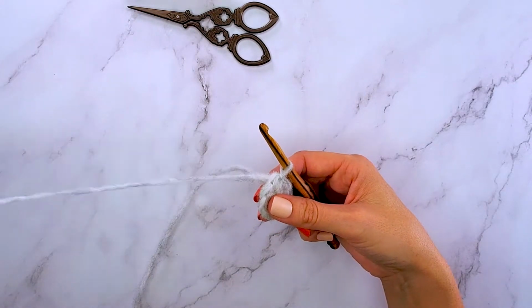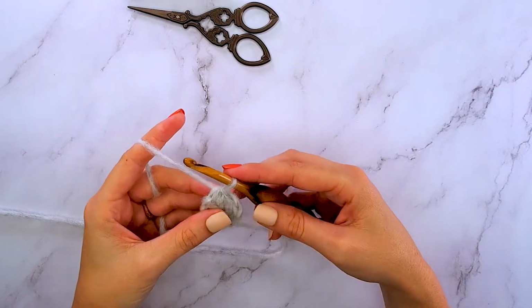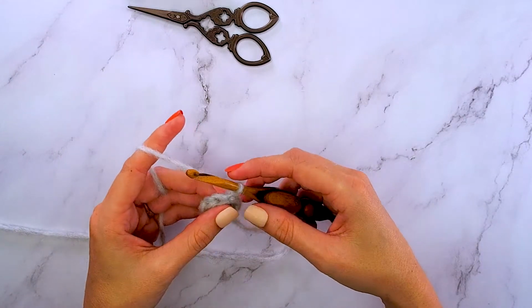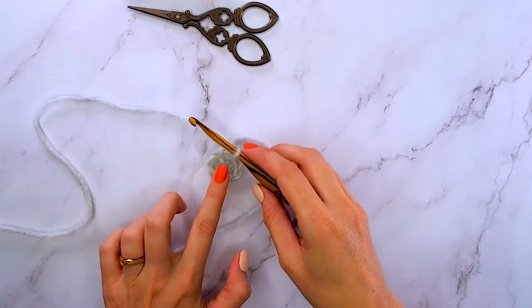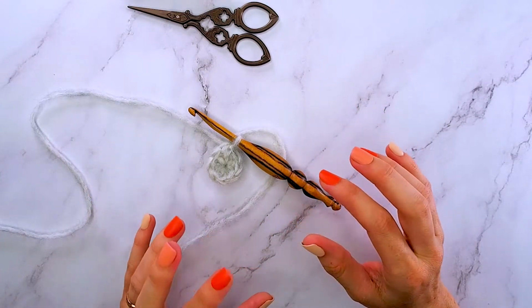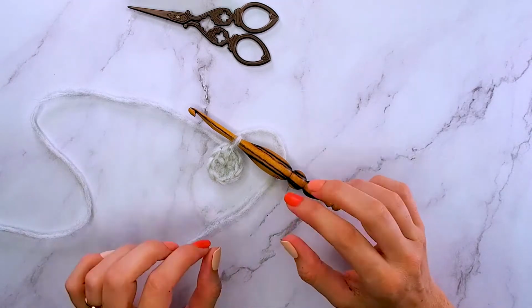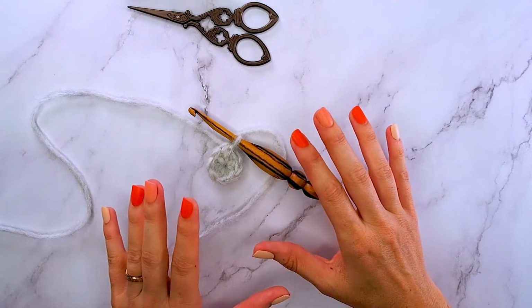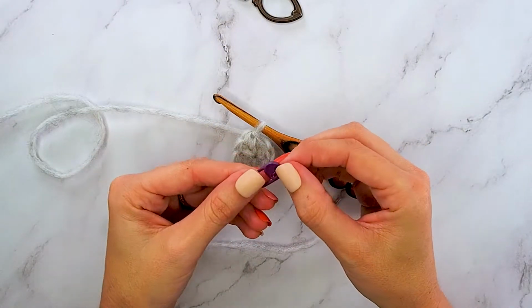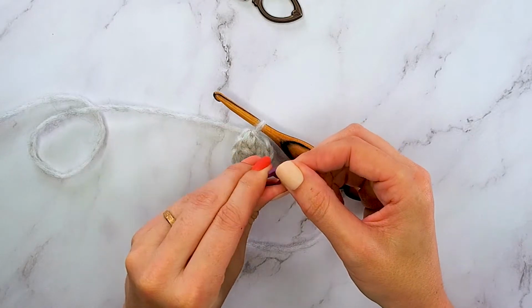Now for this beanie, we will be turning at the end of each round. So I will turn my work and chain 1. But just to note, stitch markers can make this so much easier in order to keep track of your stitch count. So I'm going to grab a stitch marker and show you how to use that and utilize that for this pattern especially. I picked up these stitch markers from We Crochet. I really like the colors, and I like how sturdy they are and how well they work, especially for crochet